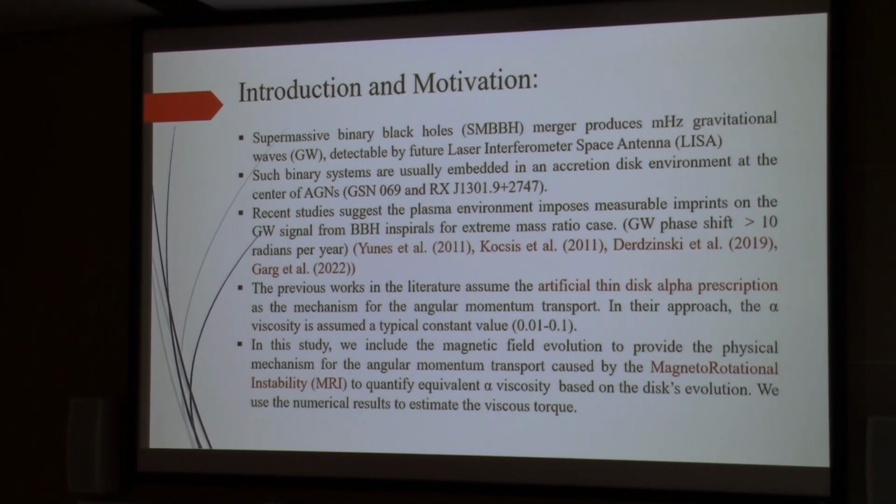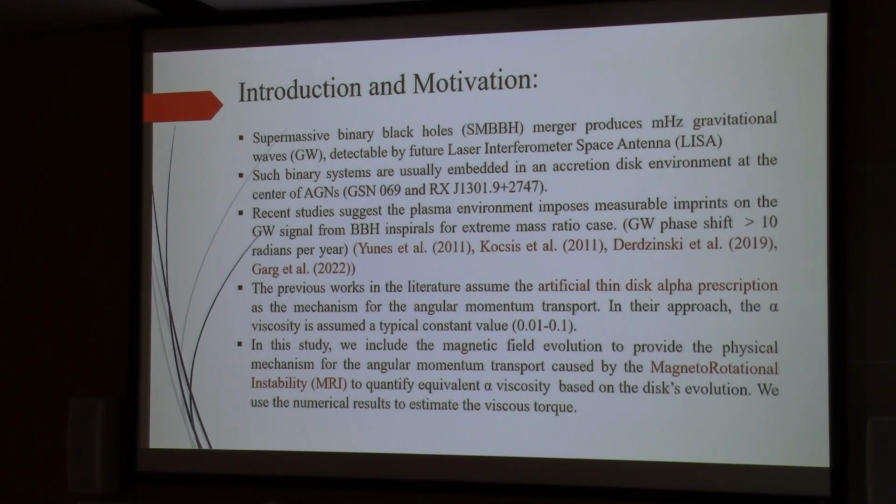But all these works assume a very simple approach for the accretion disk. They use just a simple alpha disk model. But we know that alpha disk models are hypothetical objects, and the alpha viscosity is really an artificial viscosity. So in the real world, we expect that if we have a magnetic field inside the accretion disk, this differential rotation should trigger the magnetorotational instability, and this instability is responsible for the angular momentum transport